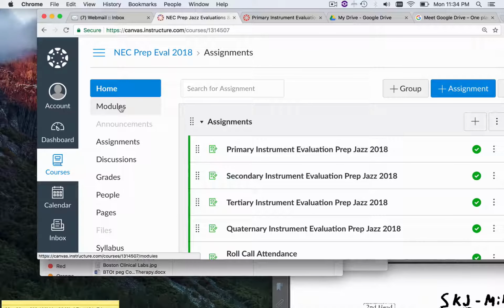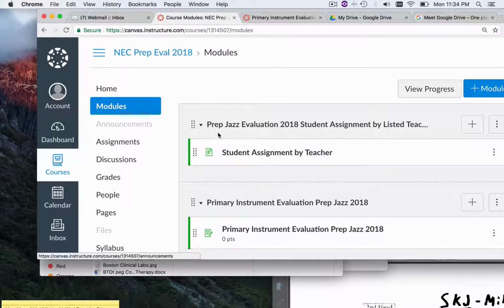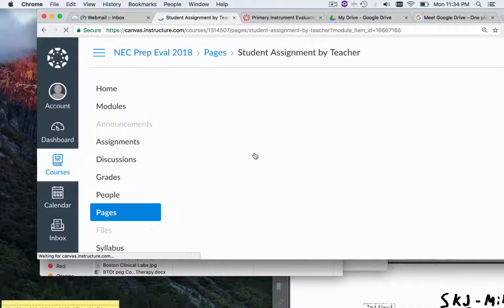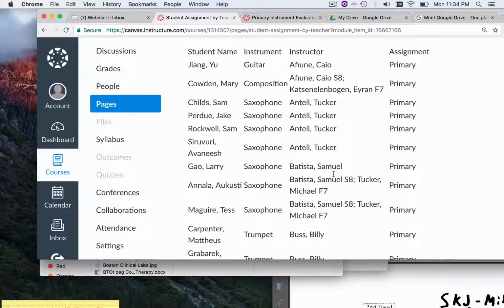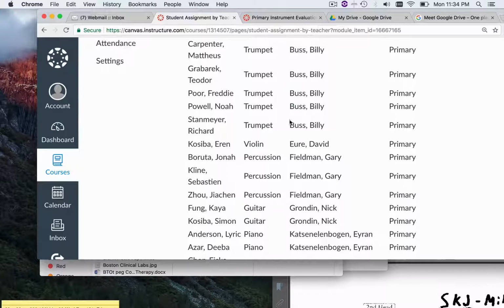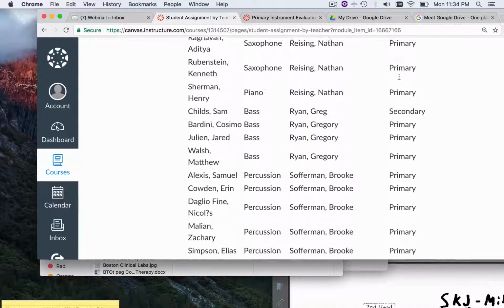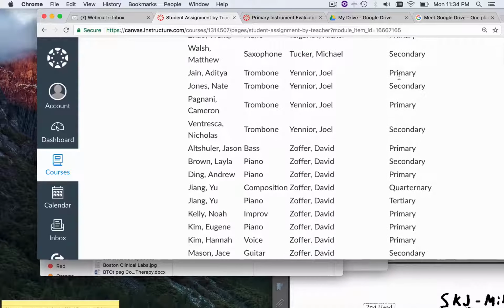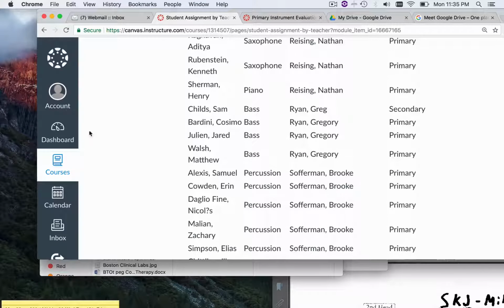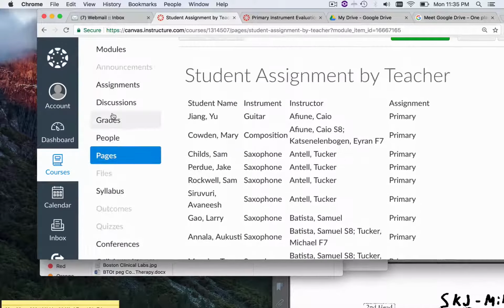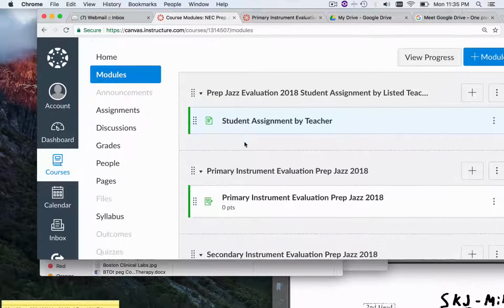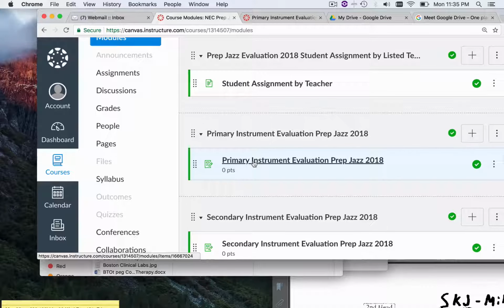You go to Modules, and you'll see this assignment, and you can see which students should go to primary, which is most, and this is listed by teacher. And then there's a few people that go to the secondary assignment, and even fewer that go to tertiary. These are people that have 3 lessons, and quaternary. So if I go back to the modules, I can see all these assignments, and you can go to primary, and